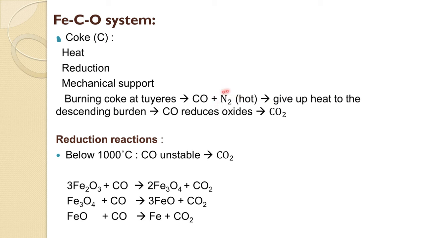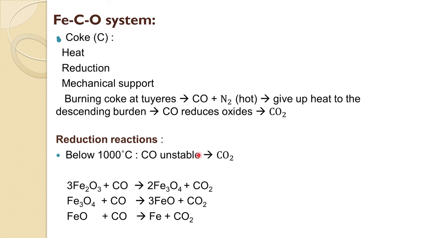Nitrogen is mostly just getting heated up and takes it as sensible heat, and this CO gives heat to the descending burden, which reduces the oxides, and CO2 is formed. These are some of the reactions which you are already familiar with. And below 1000 degrees Celsius CO is unstable,